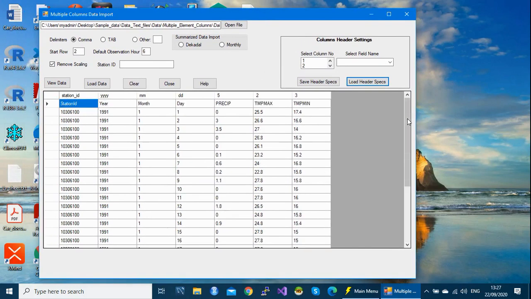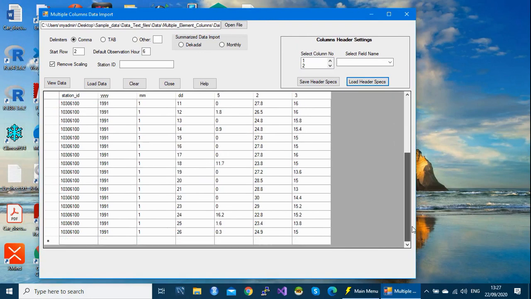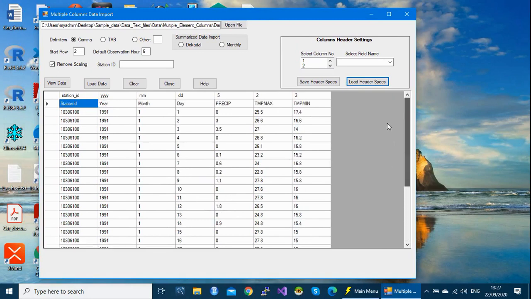Remember, our data preview will display only 25 rows, but during the importation all our data will be imported, and in case there is any error, it will be displayed here. It will also display the progress bar message here. So we are going to click on load to start the importation process, and afterwards we are going to check if our data were imported successfully.